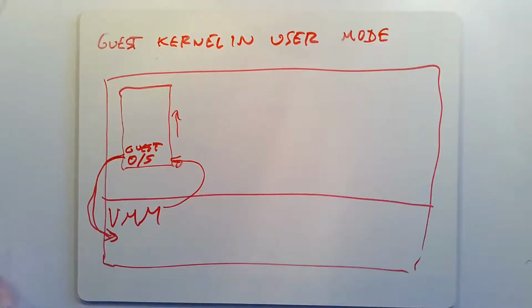But how does the VMM intercept this? Like, it has to set the trap handler, right? Isn't that something only a privileged process can do? That's right. The VMM is a user program on the host OS, right? Okay. What I'm assuming